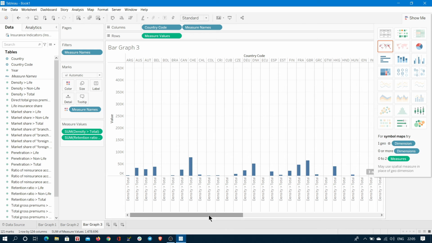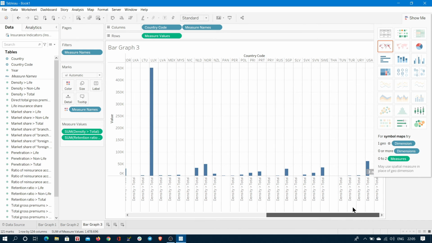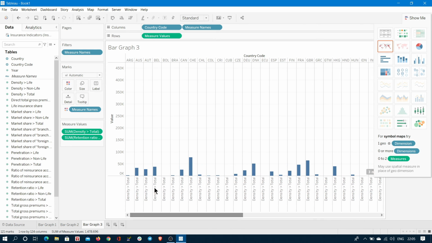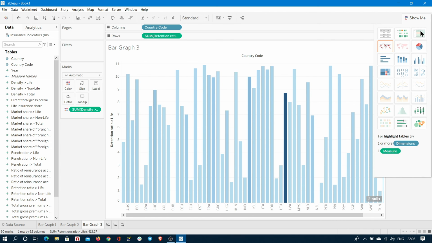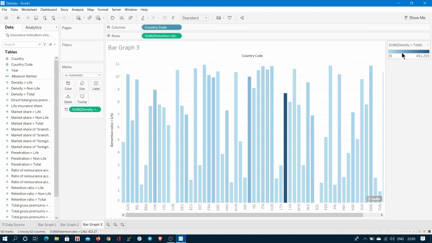This is the procedure of creating these side by side graphs. For representing a specific field like measure names, it's not suitable, so I am using some representation like this, any representation to differentiate the color legend. Like this, we need to create different types of bar graphs in Tableau Desktop.